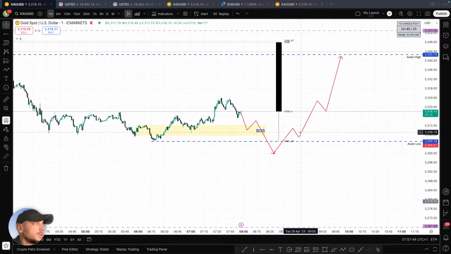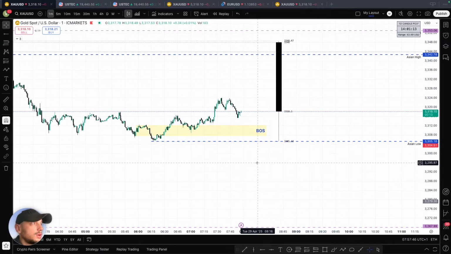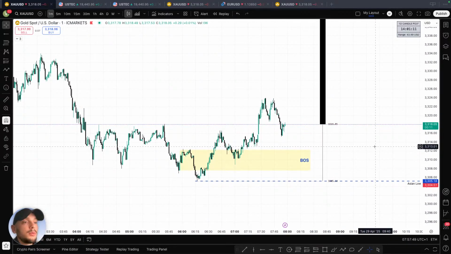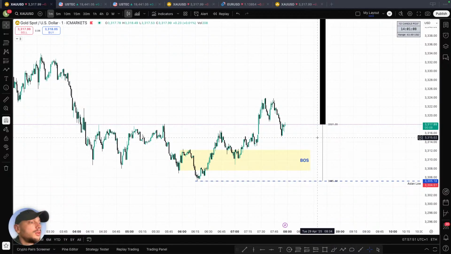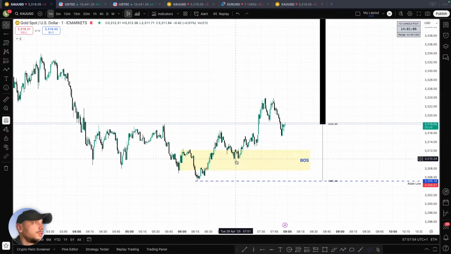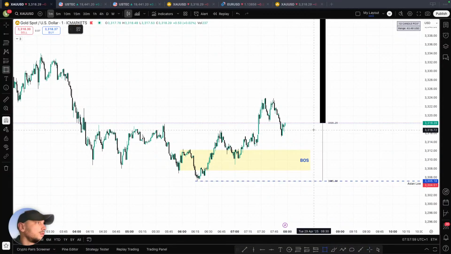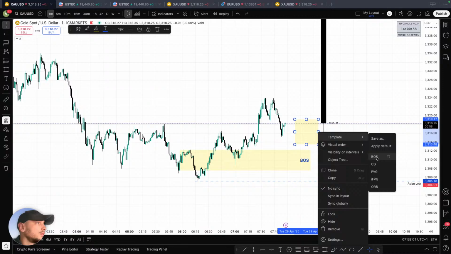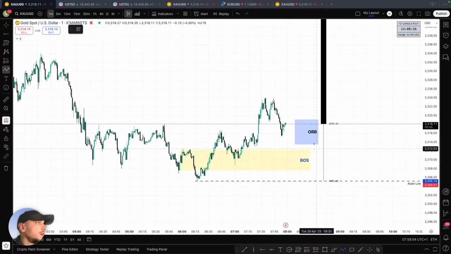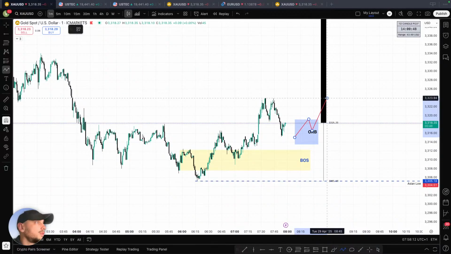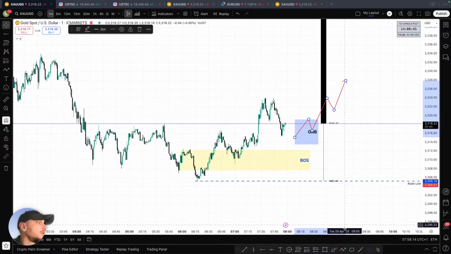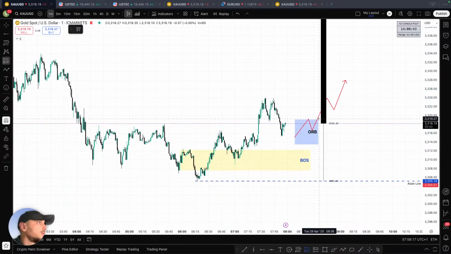So when we're trading the ORB, you have two main setups. In all of them, you need volume. One of them is continuation. This will be if we break, let's say the ORB is this area here, and the price, as we see from 6 in the morning, went up with a break of character. Continuation will be if we break above and we enter long. This will be continuation.